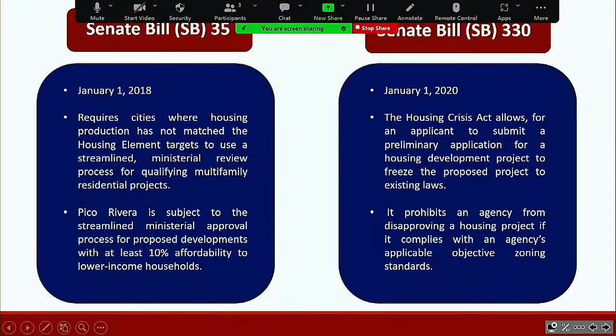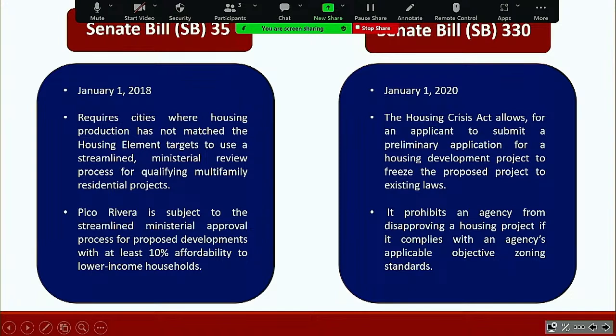1st, 2018, and it requires cities and counties where housing production has not matched the housing element targets to use a streamlined ministerial review process for qualifying multifamily residential projects. Ministerial review is based on compliance with set objective standards and cannot involve subjective judgment and discretionary approval. So we wouldn't be able to bring these projects in front of the Planning Commission or the City Council for